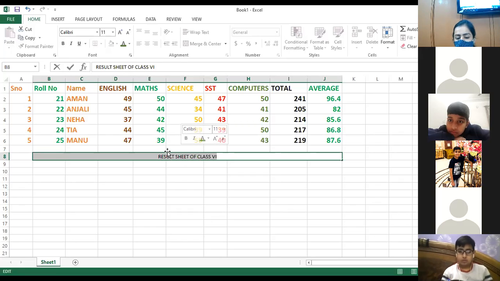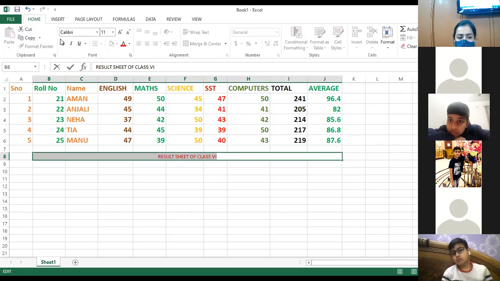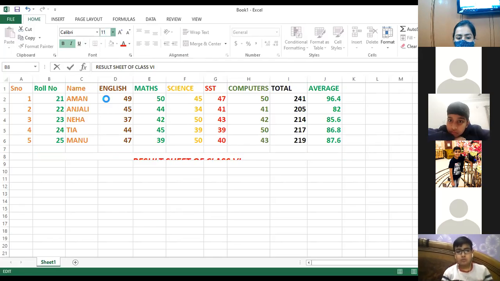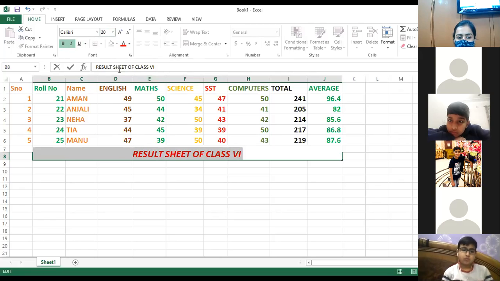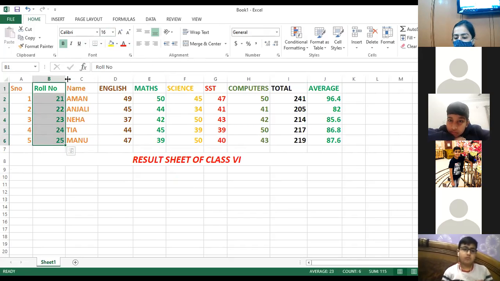You can select the data that is present in this particular row, and you can format that according to your own wish. Clear. You can make it bold, you can make it italic. Clear. All of you clear?